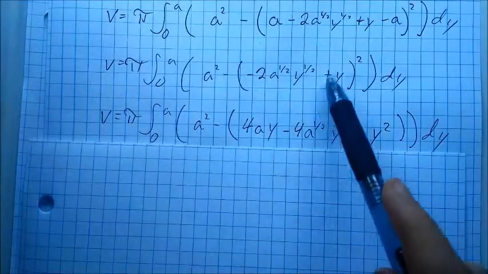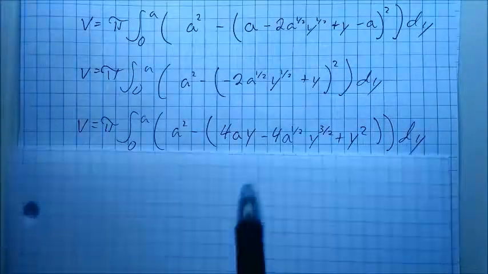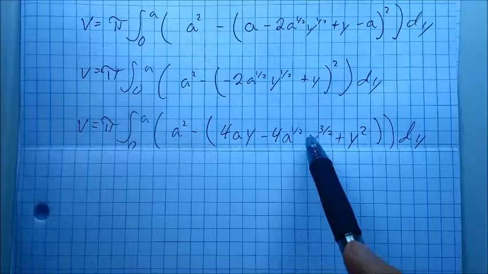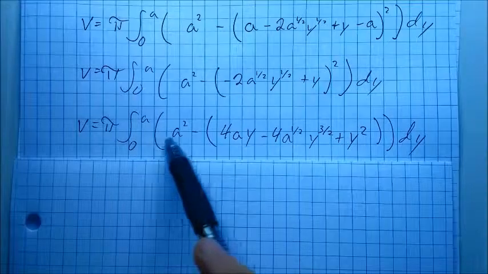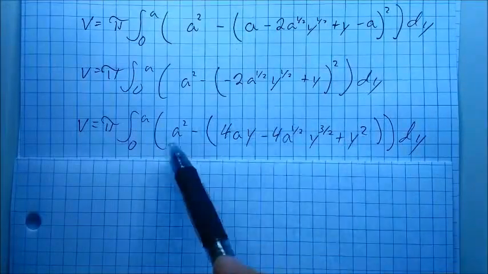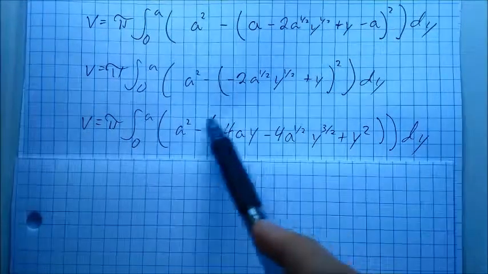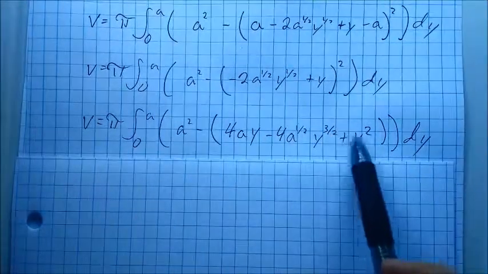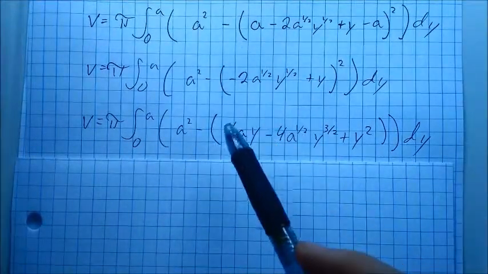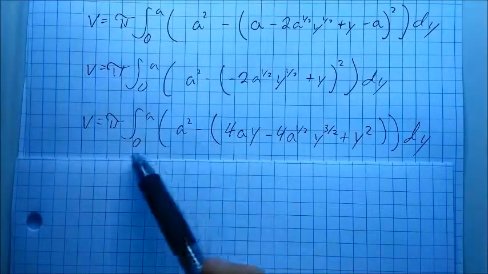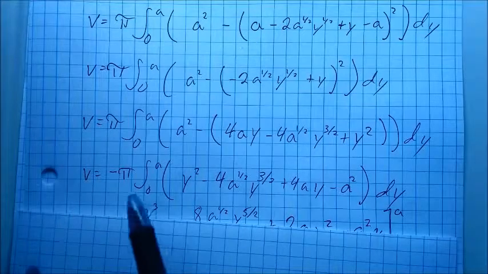Boom. And then just positive y squared is just positive y squared. That's all you need. And then dy, of course. And so from here, because I want this y, my highest power in this equation, to be in the front and to be positive, but there's this negative 1 being distributed to everything inside that's going to make it negative, instead of distributing it, I'm just going to factor out a negative 1 into the front. So I have negative pi times